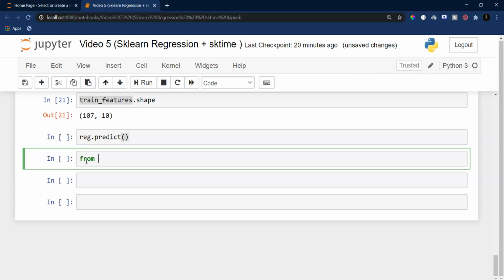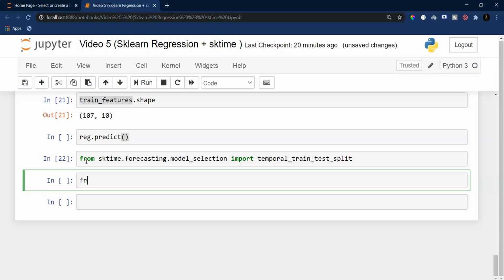So let me import a few things first. From sktime.forecasting.model_selection import temporal_train_test_split, and then from sktime.forecasting.compose I'm going to import ReducedRegressionForecaster.